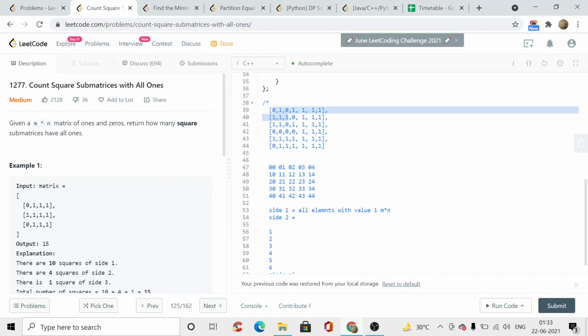In this matrix these may not be 0, but it could be. It tells that it cannot form something like 3 by 3, because the next cells are actually